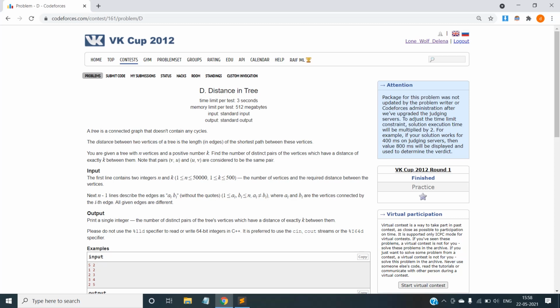There are two kinds of possibilities. The first is that the pair we take has 4 as an end vertex, that is, 4 will be at the end of the path. The distance between two vertices is the number of edges between them. In this case, we can take the pair 1, 4, where 1 is connected to 2, 2 is connected to 3, 3 is connected to 4. The number of edges is equal to 3, so the distance between 1 and 4 is equal to 3.